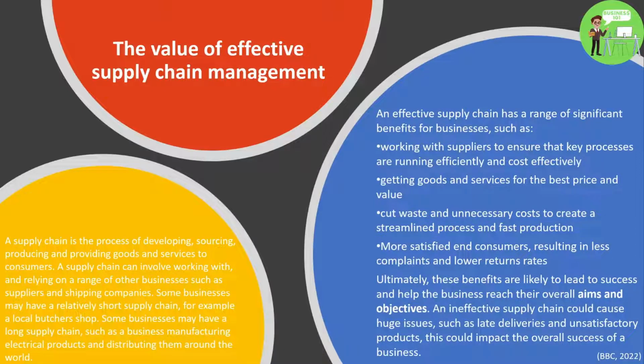Some businesses may have a long supply chain, such as a business manufacturing electrical products and distributing them around the world. So the differences between these two different businesses will impact the level of efficiency and effectiveness they strive for in their supply chain. An effective supply chain has a range of significant benefits for businesses, such as working with